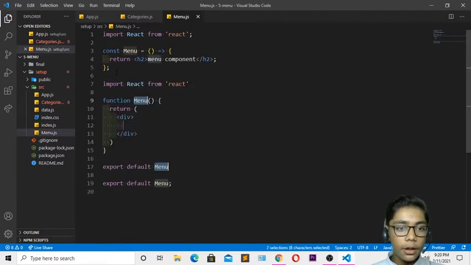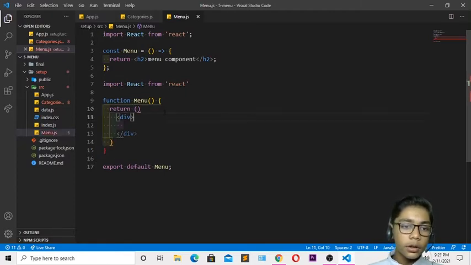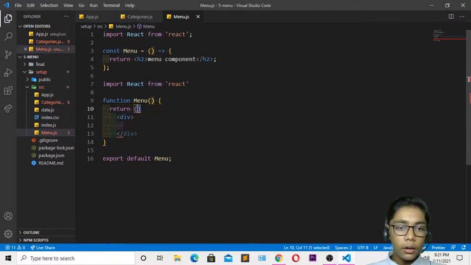So I'll be writing RFC, press enter and erase that export default, because we want only one export default over here. Then you have to just come, and now here you have to close that. So just when you've done that, you have to do one thing, erase this from here, and erase this one also. So press Ctrl Z over here. Okay, so now it is good.